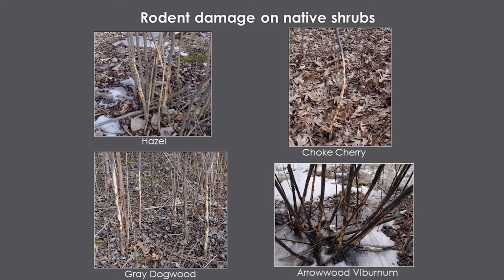And so when the snow is dropping, the rabbits are going out every night, and as it's going down, they're eating. And here we have all of our favorite native species that I put on your list that you should be planting after you take your buckthorn out. So here we have arrowwood, chokecherry, hazel, gray dogwood, all of our native plants get eaten. We need to protect them. So when we're doing our top 2 priorities, taking out the females with the berries and clearing around the natives, you find the native species, you put the ribbon flag on it, you clear the buckthorn around it, then you've got to protect the native.